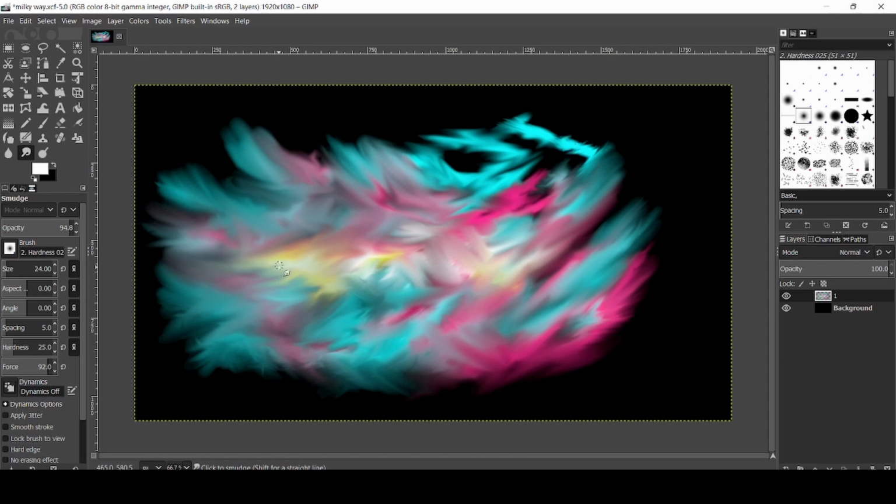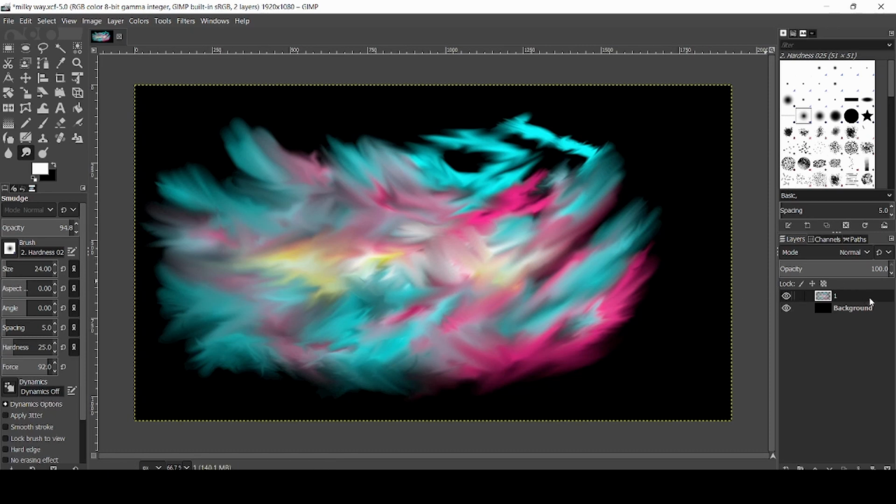So now you can see that we have merged all our colors, and you are free to make it as per your liking, because there are absolutely no rules when it comes to making nebula art. You just have to make it look more voluminous, and you can play around with the colors. So you can add more colors, create more layers, add colors and smudge them, and repeat this process till you're happy with it. For demo purposes, I'm just going to keep it here, and we will move on to the next